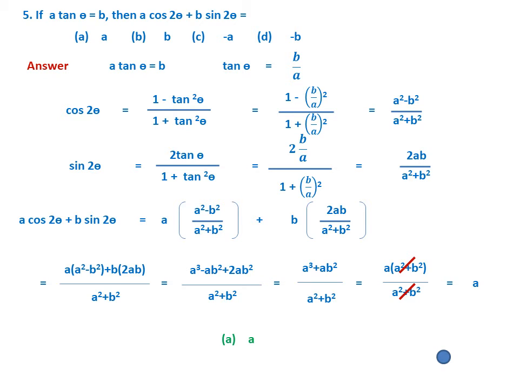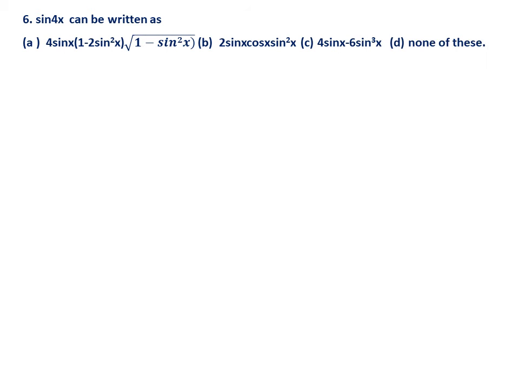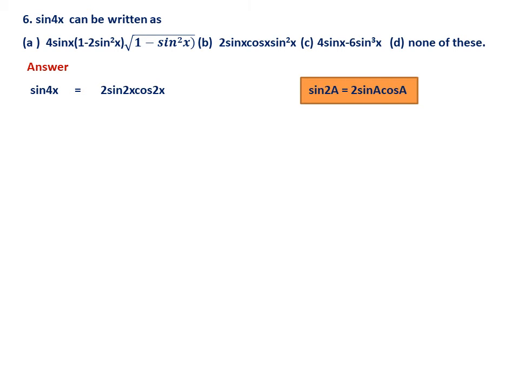So, next question. Sin 4x can be written as, of course, this is also a formula based question only. Which one is correct? So, let us work out. So, sin 4x can be written as 2 sin 2x cos 2x because of this formula. Sin 2a you have seen, it is 2 sin a cos a. Here you have to understand one thing. If it is 2a, in the right side it is a and a, that means half of that. Therefore, if it is 4x, it should be half of that, 2x and 2x. That is the idea. So, this is equal to now.